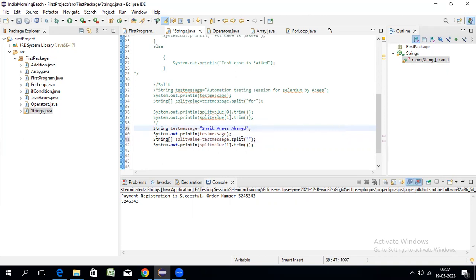In this, I want to save this as my first name, this as my middle name, this as my last name. Then how will you save? I want my output like this. First name is equal to Anis. Last name is equal to